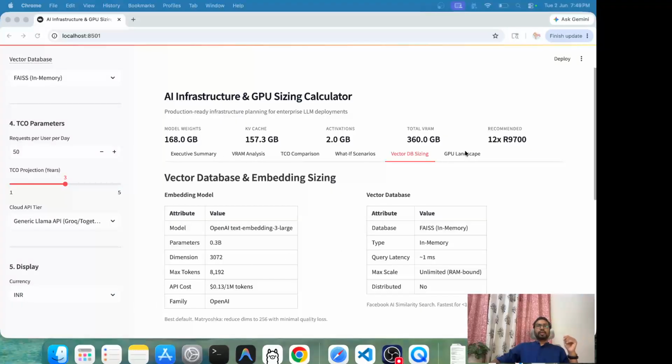Now, once you know your VRAM and your database footprint, you have to actually map